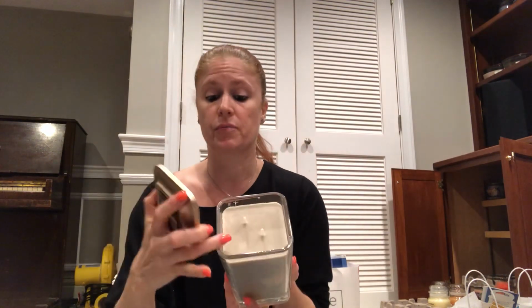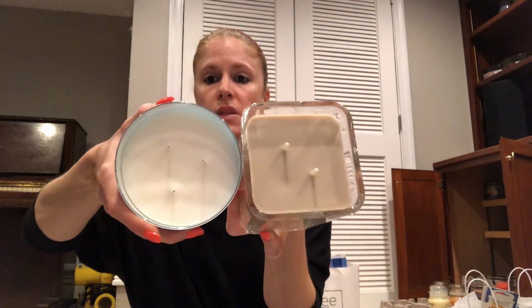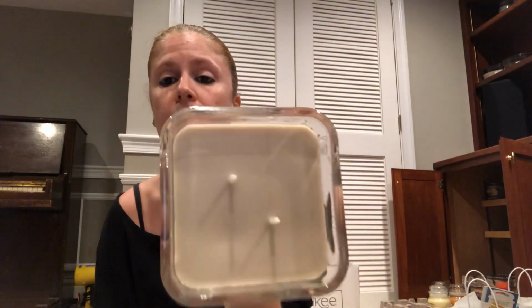You have to burn this one like 5 hours too, in order to get a full pool. I was having a problem with one that no matter, I did it for 6 hours the first couple of times, and it still didn't pool correctly. The corners, this should be a 3-wick. It just should be. Why wouldn't you make this a 3-wick? It's so big that it should be a 3-wick so you can get that even burn all the way down. But anyway,